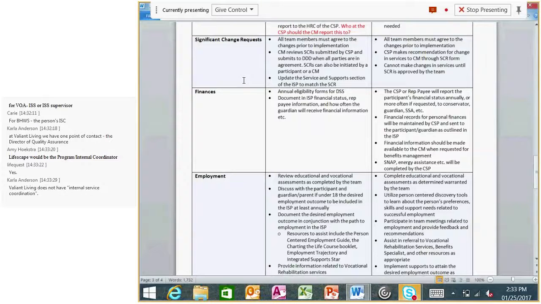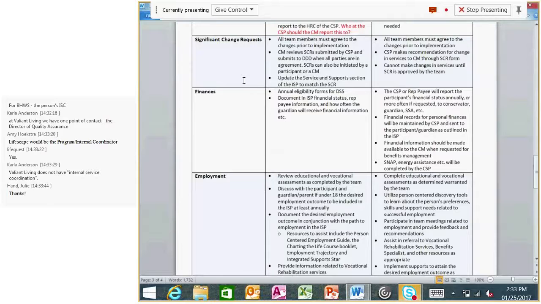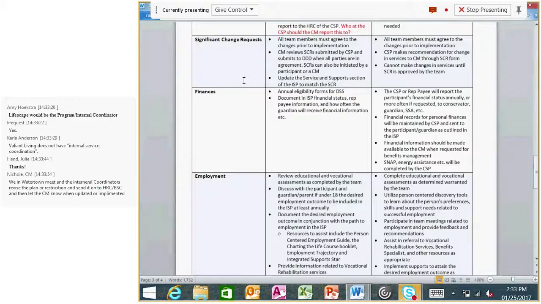The case manager is the one who will submit all significant change requests to the division. All team members must agree to the changes prior to the implementation of the changes. A case manager can initiate a change based on team meetings and things of that nature. The case manager will also be responsible for updating that services and support section that I had mentioned during ISP